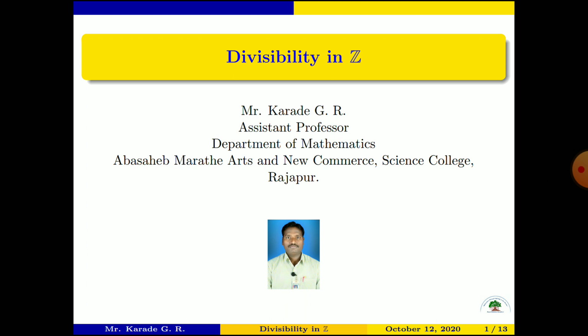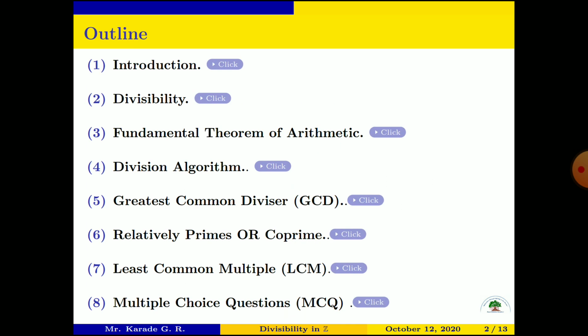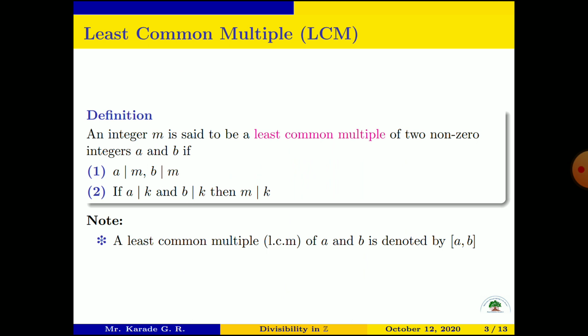In this lecture, we learn about divisibility in Z and discuss the least common multiple, also known as LCM, and we discuss the fundamental theorem of arithmetic and some examples. Okay, so let us start by defining the least common multiple, LCM. So the definition is